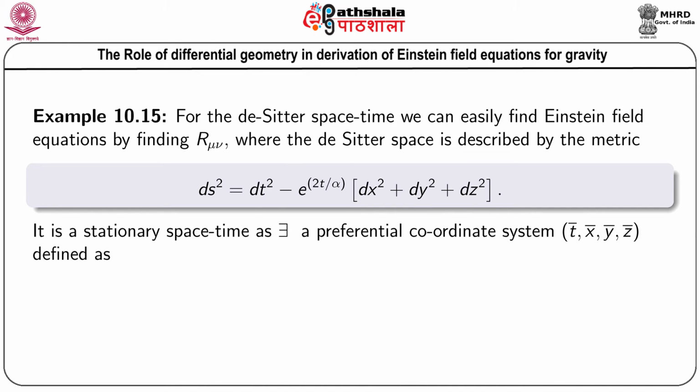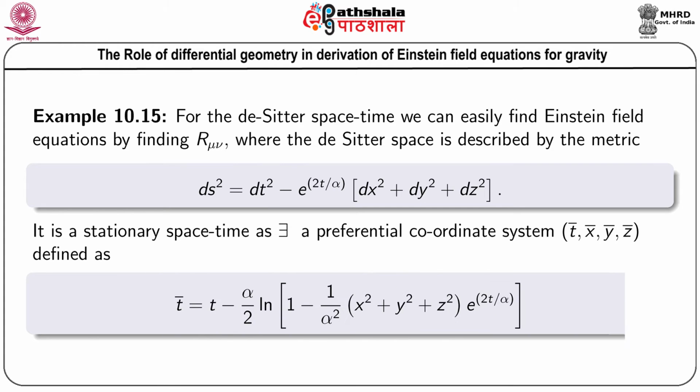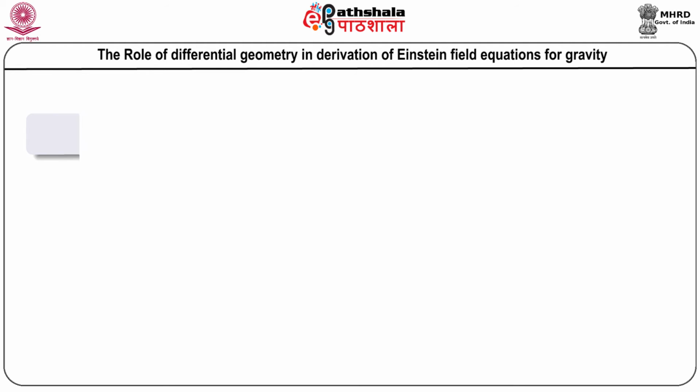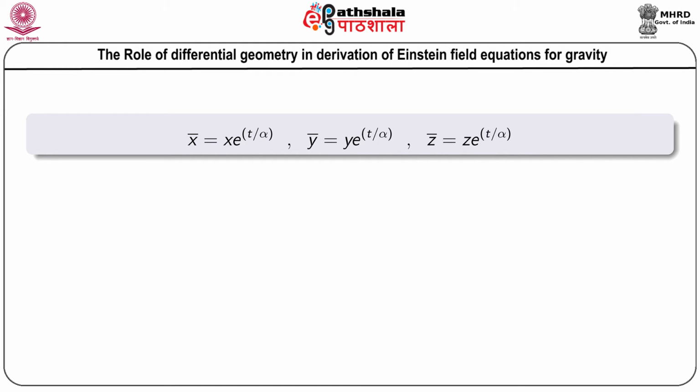Now, it is a stationary space time, as there exists a preferential coordinate system t̄, x̄, ȳ, z̄ defined as t̄ = t − (α/2) log(1 − (1/α²)(x² + y² + z²) e^(2t/α)). Now, a space time is stationary if the space coordinates, that is x, y, z, are independent of time. Here, if we replace x̄ = x e^(t/α), ȳ = y e^(t/α), and z̄ = z e^(t/α),